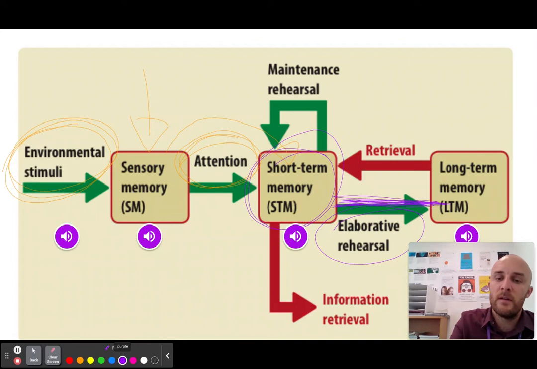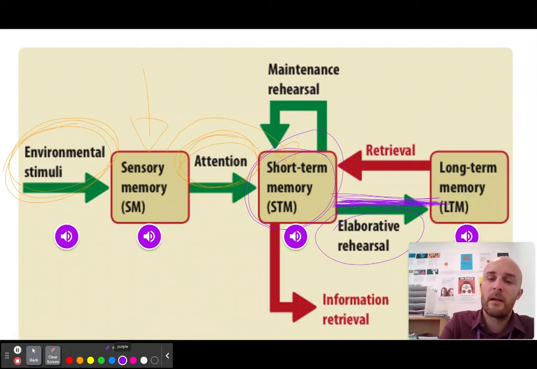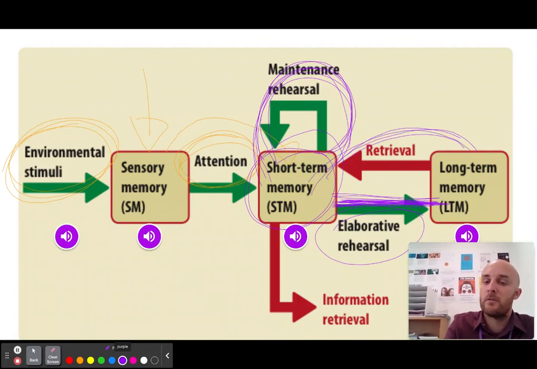If you're not moving on in that way, because the short-term memory is very brief, memory in our short-term memory decays very, very quickly. We can maintain it by just rehearsing it. Essentially, we can go over it again and again and again. That is the absolute very basics of the multi-store model. Just note as well, when we retrieve information coming from our long-term memory, we are retrieving it into our short-term memory.